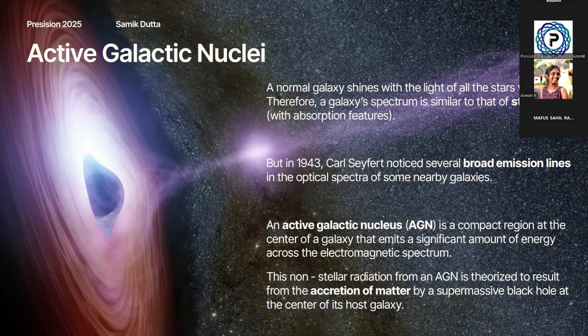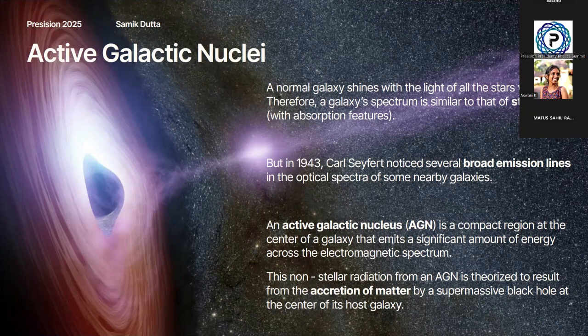So what are active galactic nuclei? How would you differentiate between normal galaxies and active galaxies? A normal galaxy shines with the light of all the stars within it, so basically a galaxy spectrum is very similar to that of starlight. But in 1943, Carl Seyfert noticed that there are some galactic spectra showing broad emission lines, and that